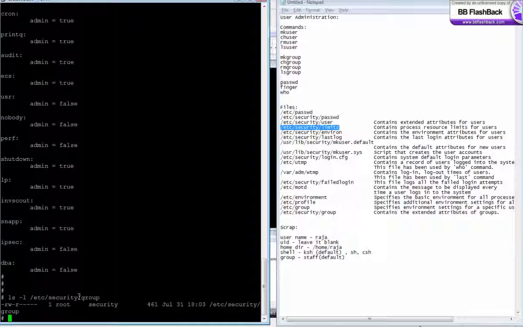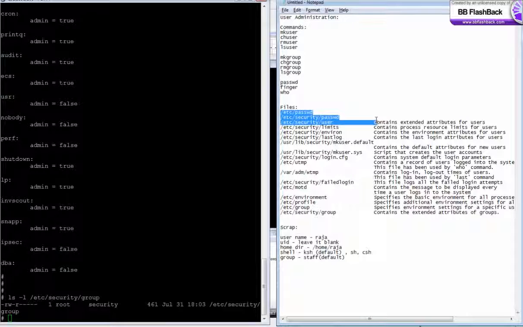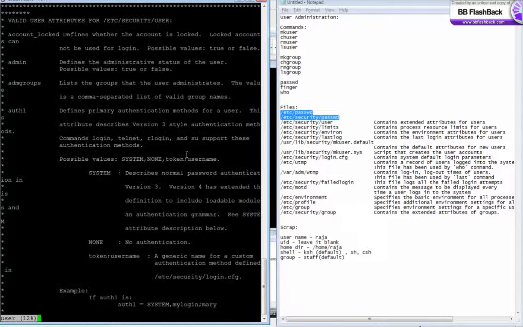So for groups, you have two files, /etc/group and /etc/security/group, and for storing the user information, you have two files, /etc/passwd and /etc/security/passwd. There are a few more files. Let's see now. Called /etc/security/user. This file is